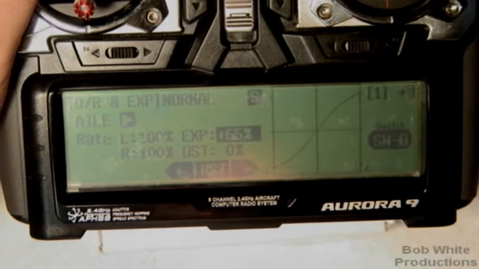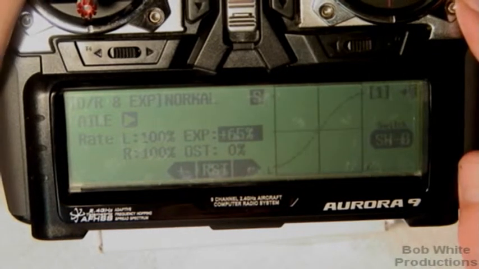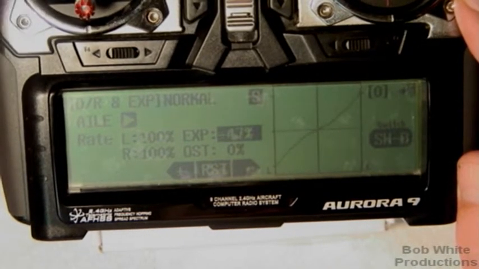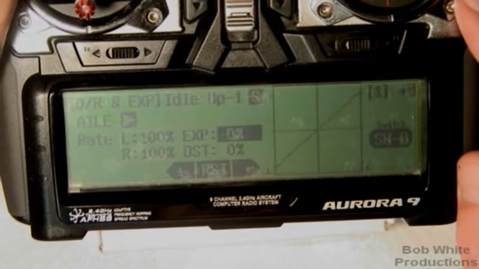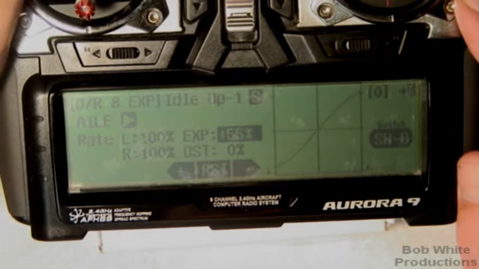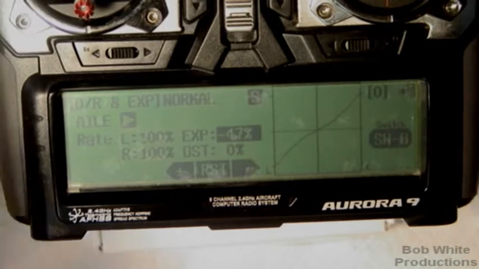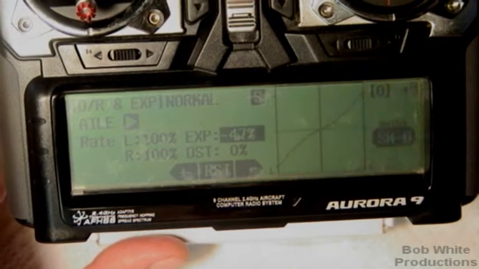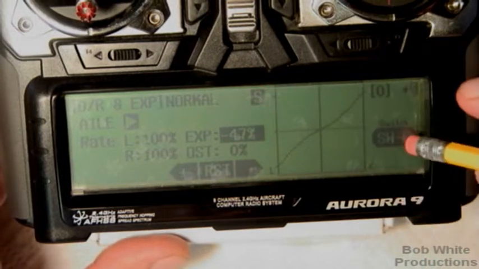So now, switch B gives me either that or that in normal, all right? See that? That's switch B toggling, I'm in normal. I go into idle up, switch B now is back to turning it off because that's what I had set. Man, I know that's complicated, I know it covers a lot, but that's what combined separate does, as well as